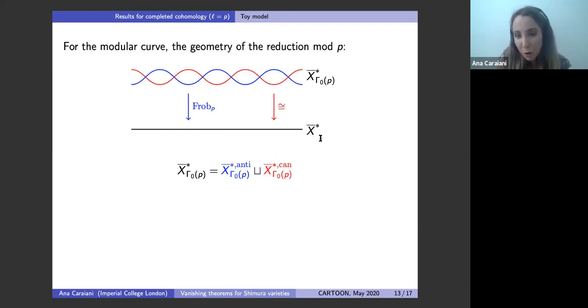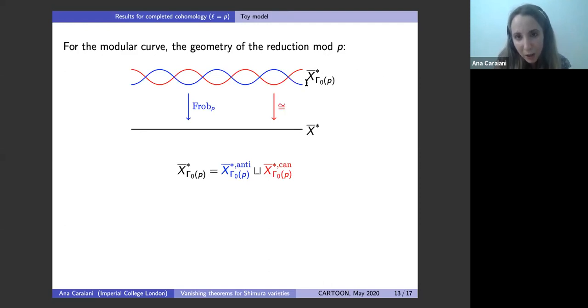So I consider the modular curve at level prime to P. And here I consider the modular curve at level gamma 0, where I've added gamma 0 P into the level. So Iwahori level at P. Moduli theoretically, I have my elliptic curve with whatever other extra structures, and then a subgroup of the P torsion. Or you can write it in a different way as an isogeny of degree P between elliptic curves. And then at this level,